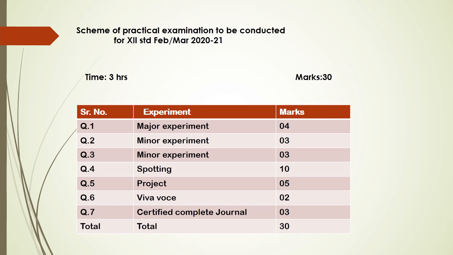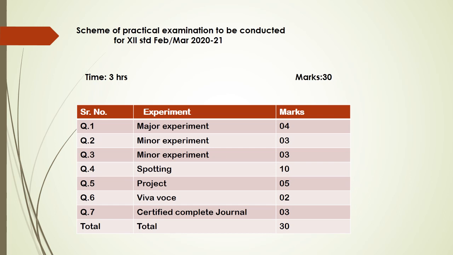For question number 1, which is a major experiment for 4 marks, we have already taken the potato osmoscope, which has the question as sketch and label the diagram showing the change in the water level. You already know that for those 4 marks, 2 marks are for what you do and 2 marks for the diagram and the sketch labels that you are going to do. It also has an OR: study plasmolysis, again sketch and label, or the temporary mount of leaf epidermis. These are the options which are already there. So question number 1 cannot be separate from any one of these. Definitely one of them is going to come for your first question.